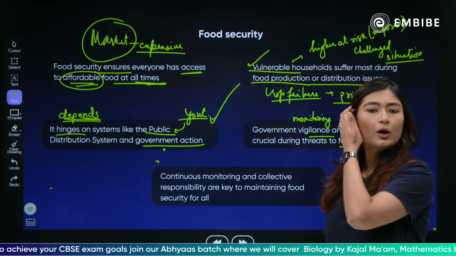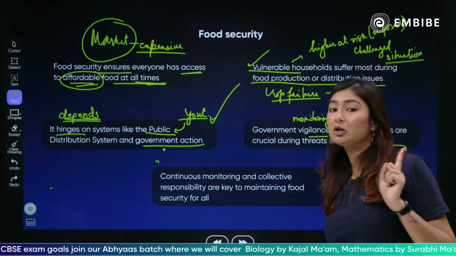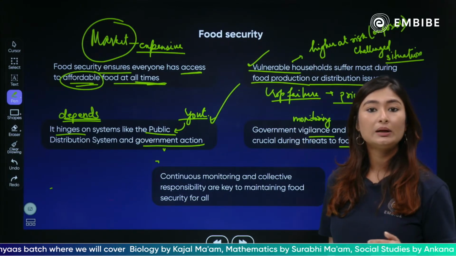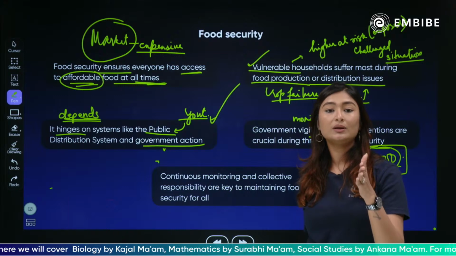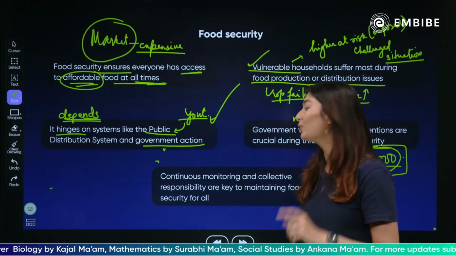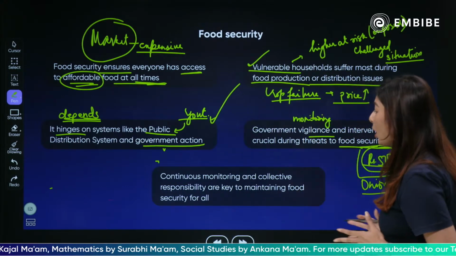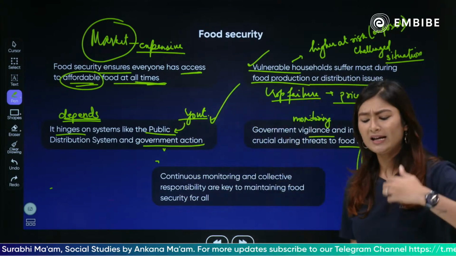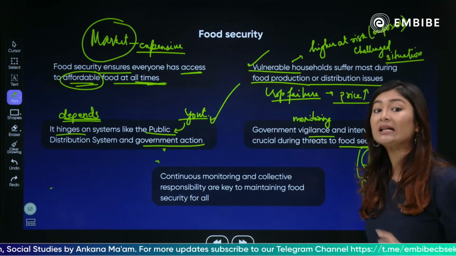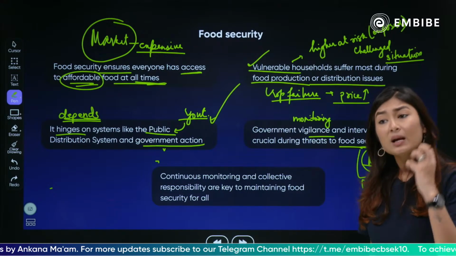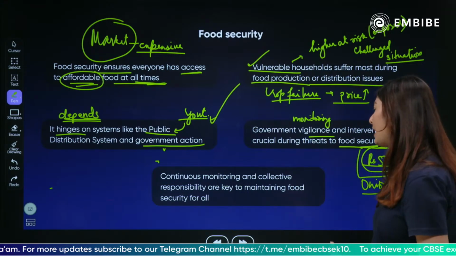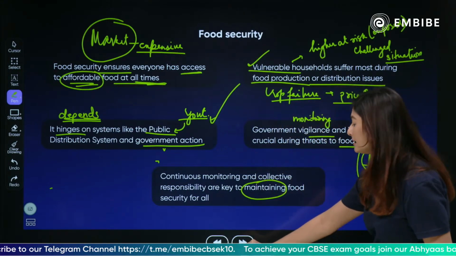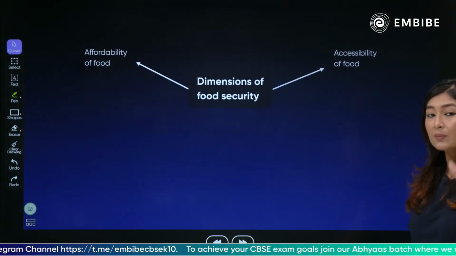When we talk about the Bengal famine, you will see how the government did not take a proper step because it was the British rule at that time and so many people died. Had the government dealt with that Bengal famine properly, this problem would not have happened. So proper monitoring, continuous monitoring, collective responsibility where everyone comes together and takes the responsibility of ensuring that people are getting food, सबको खाना मिल रहा है, सबका पेट भर रहा है, सब सर्वाइव कर पा रहे हैं, is the most important thing to maintain food security. Food security ensure करने के लिए सबसे ज़रूरी होता है.